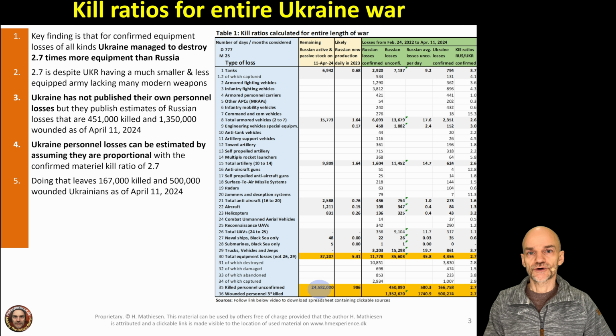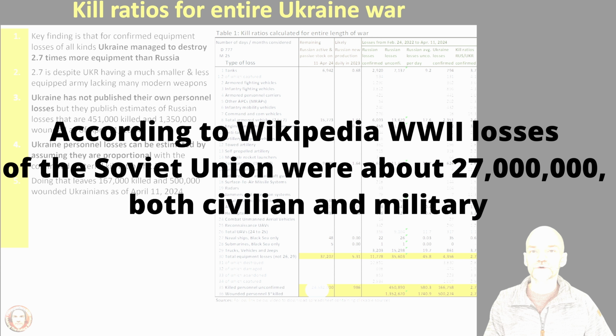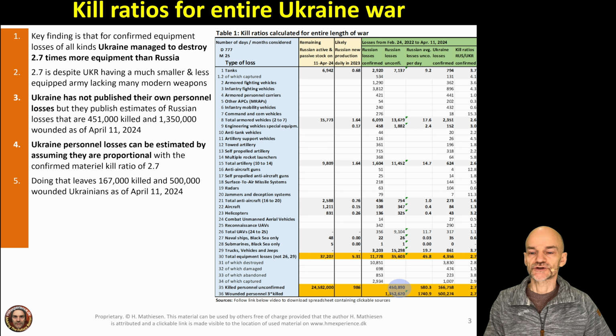And Russia has historically lost that kind of numbers of people in the Second World War. I don't think it was quite 20 million, but it was definitely many millions. I'll have to look it up, but it's in the order of 10, 15 millions they lost during Second World War. So I think Putin would just lose these people and keep fighting. I don't think he's scared by 500,000 people lost. Not at all. It has to be many, many more millions before he caves in and withdraws from Ukraine.